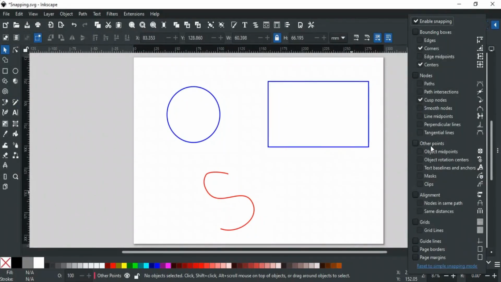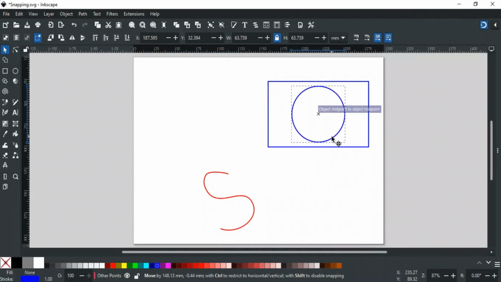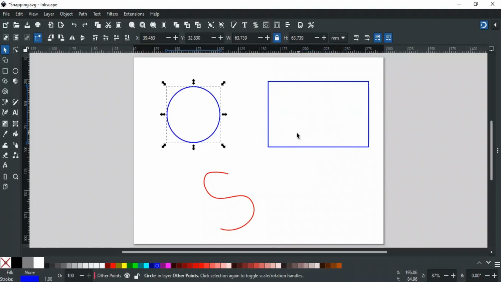The third group is other points. It has different options other than these groups. The first option here is object midpoints. This allows you to snap to the middle of any object. For example, if I enable it and move this circle over the rectangle, you'll see that it snaps perfectly to the rectangle's middle point. You might be wondering what the difference is between the bounding box center and the object's